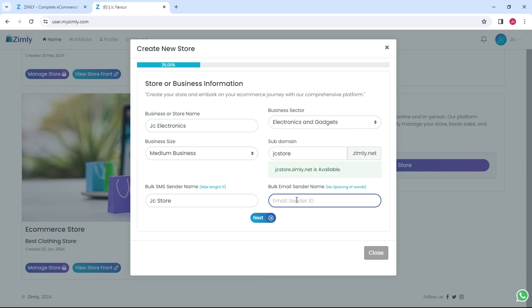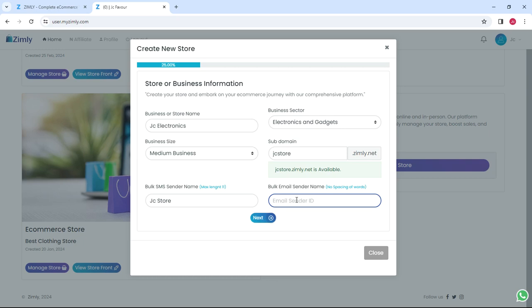Your customers are going to see that product, and you can add the link for them to purchase the product. So you add the link, the name, and the details about the product, how beneficial it is to them. You can add pictures, you can attach pictures. With Zimly, you send not just a plain text email. You send a full detailed email with attachments, so you can add your pictures and all those things on your